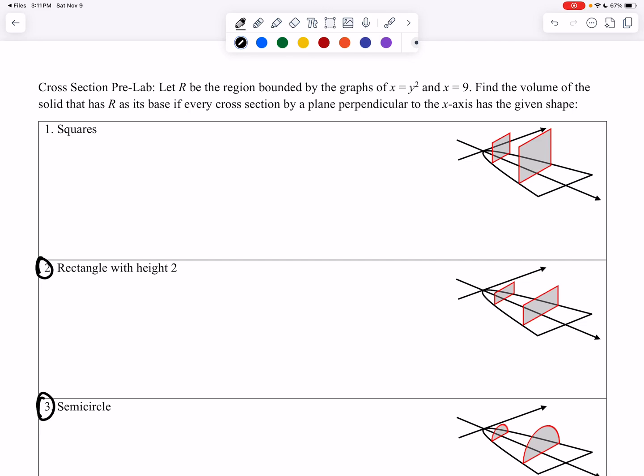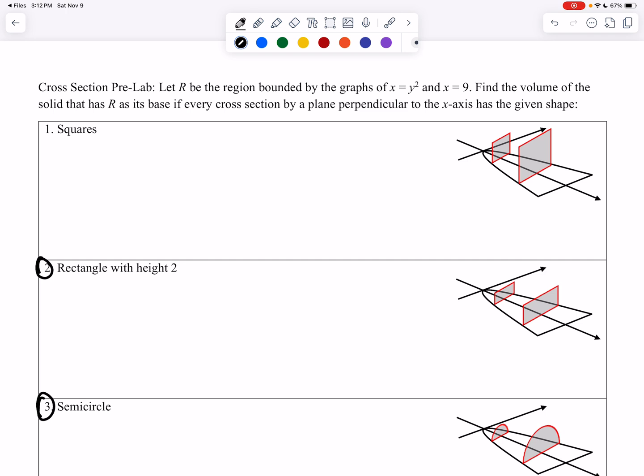Alrighty. This video is going to help you with the cross-section pre-lab that you are required to do before doing the actual lab. If you don't do this, then you can't do the lab. So make sure that you obviously do this and find the volume of